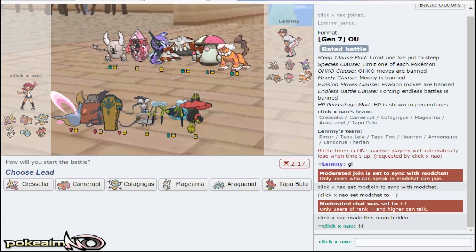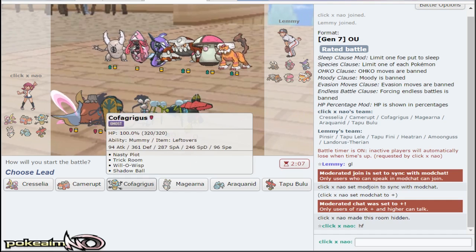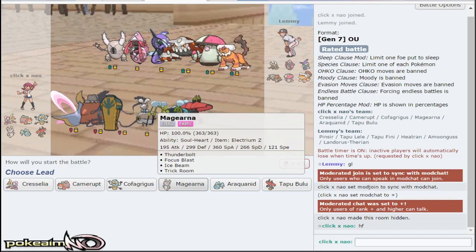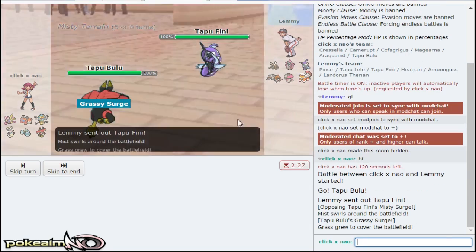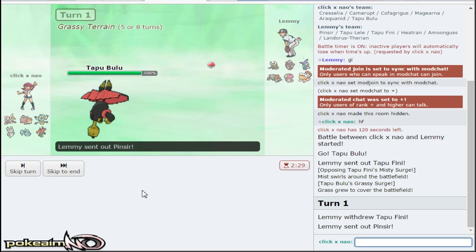This is such a good lead versus me. Man. Lando's so good versus me. Magirna can win. Wow, Heatran's really good too. I want to leave Bulu because Lando is so good versus me. He leads Finny, so great. This gives me my Camerupt as a switch-in because he will...